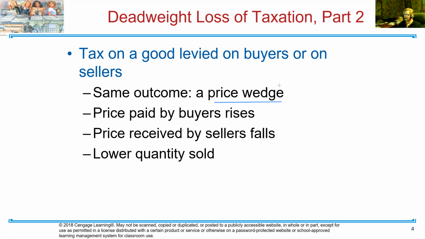The overall implications of this are the same. So the price paid by the buyers rises. Remember that the price buyers pay is always on top. The price received by sellers falls. And this is the main part that we want to discuss here, that the quantity equilibrium can no longer be reached. So this is no longer an efficient market by what we say in economic theory. Okay, let me erase that, and then we'll go on to our next slide.